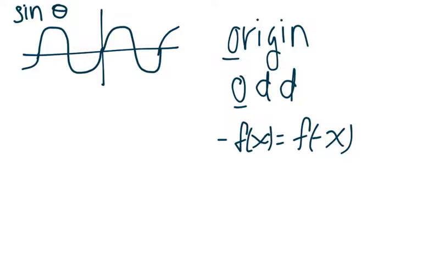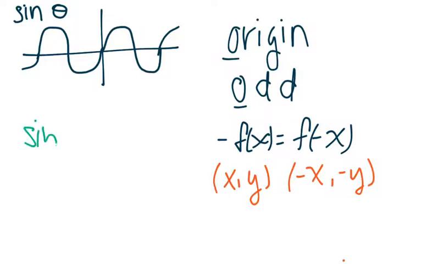Or you could think of it in terms of points. So for every x, y, there must also be a negative x, negative y on the graph of your function. So from this information, we can write that sine of negative theta equals negative sine of theta. We know this is true based solely on the graph of the sine function,